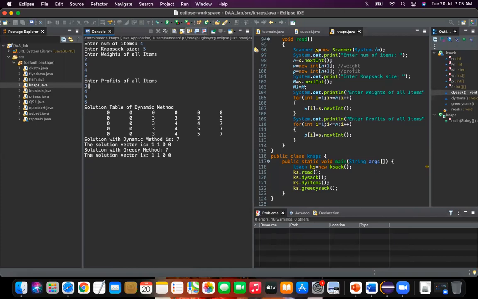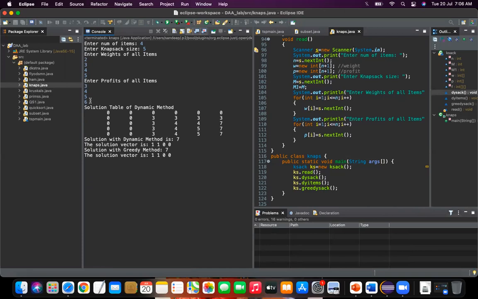First and second items means profit will be 3 and 4. So total profit is 7. And you can see items 1 and 2 have weights 2 and 3, so total weight is 5. Our bag can hold the total weight of 5. One other combination was the fourth item, where the weight will be 5, but the profit will be 6.